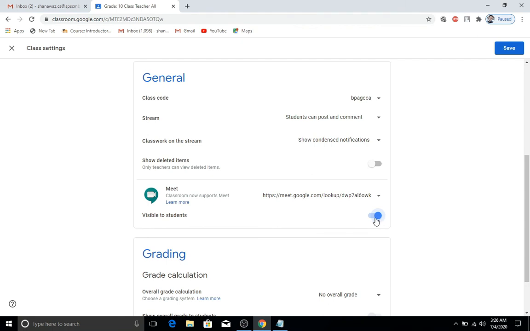Before the class, she will make it visible. She needs to disable this one, because if it is enabled, students can see the code. Before the class, she can enable it so that the students can log into the class. After doing this, she can save the page.